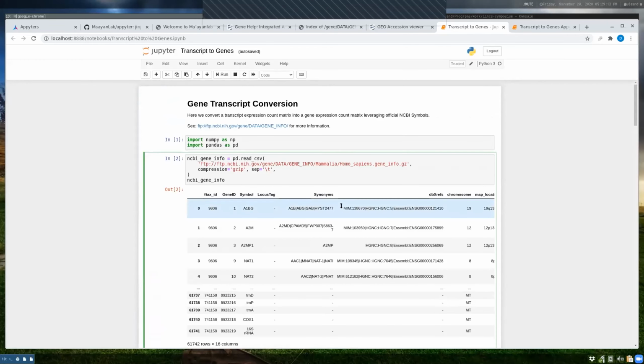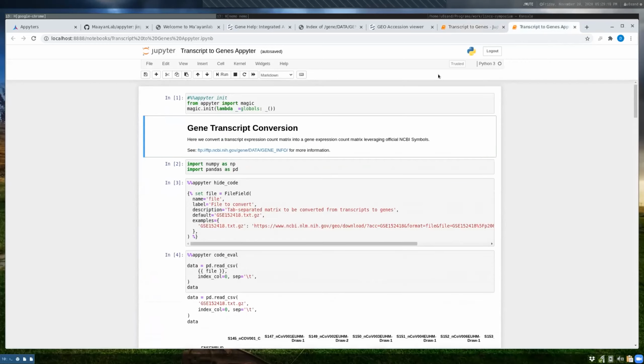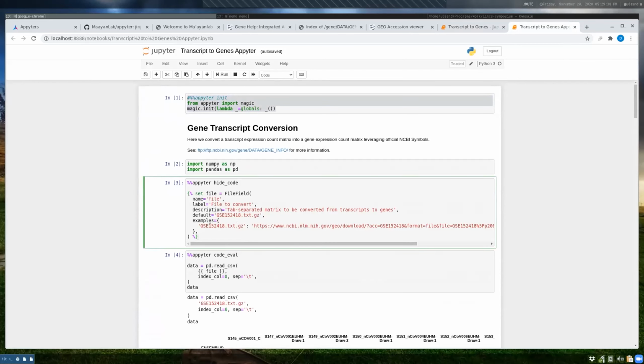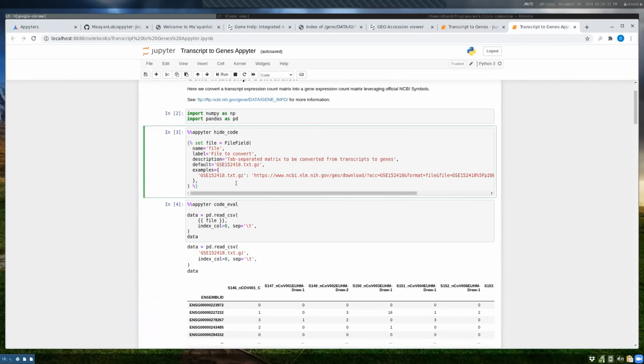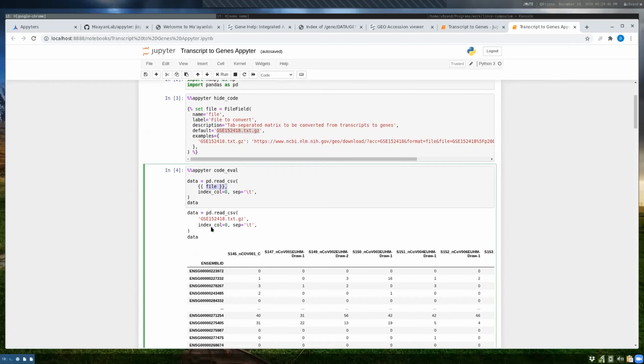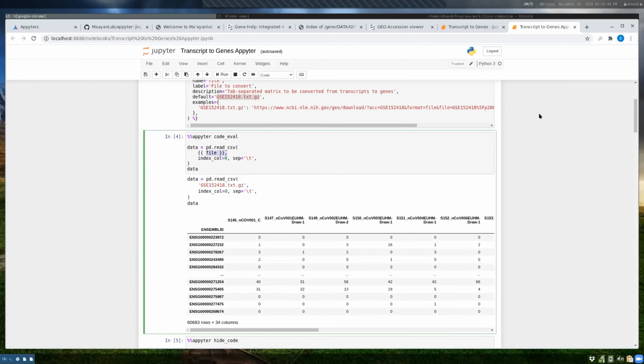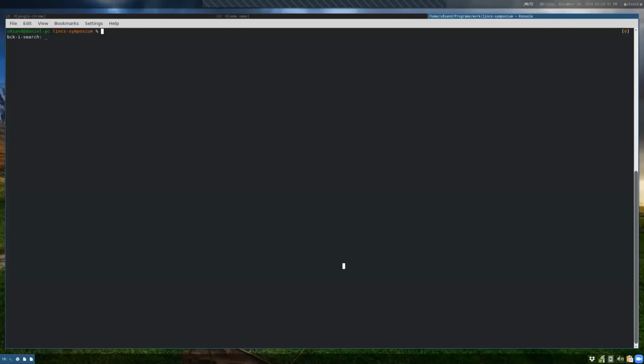So once we've done this, we have a way with Jupyter to actually do this, but to turn it into an Aperture, what we need to do is add some annotations. We just include this top part here, and then we can declare different fields. In this case, I declared a file field that allows a user to accept a file. And once we do this, we can actually use the variable that the user will provide on the form to render code. And so if I actually run this locally,